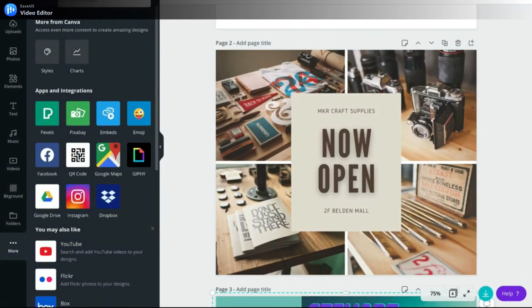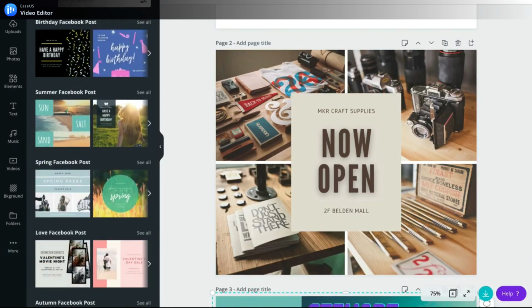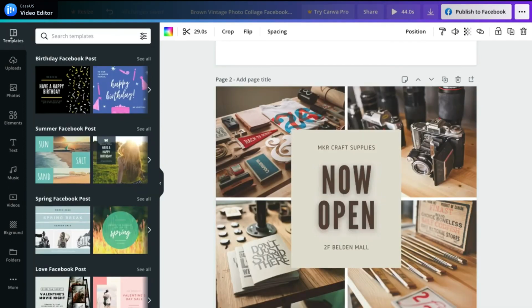You have created your first design with Canva, and hopefully now you've got an idea of how Canva works and how you can make the most of all the different elements that are available to you within Canva. It's a very easy design tool. It will take time before you're comfortable and confident with creating your own designs. So start building from templates, practice with multiple designs, and after a while you'll be confident with how Canva works and you'll be able to create stunning designs within minutes for your